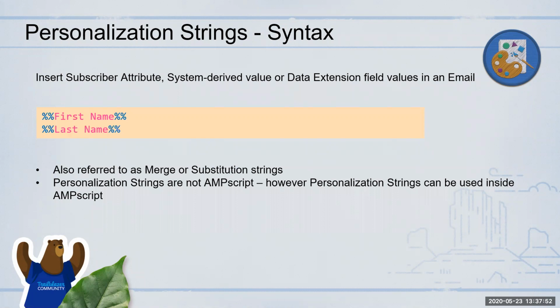But AMP script is slightly more powerful. There are things that you might sometimes want to do, like an additional function on this, or you want to look up certain things, or the value returned might sometimes be empty. You want to check the condition first: only if it's not empty, then show it. Otherwise, you want to replace it with some other value. Those kinds of things cannot be done by personalization strings. That's where AMP script comes into play. From a programming perspective, it has more power.